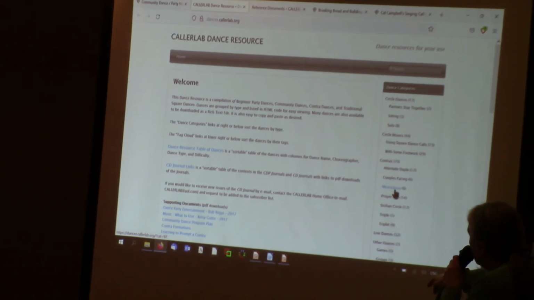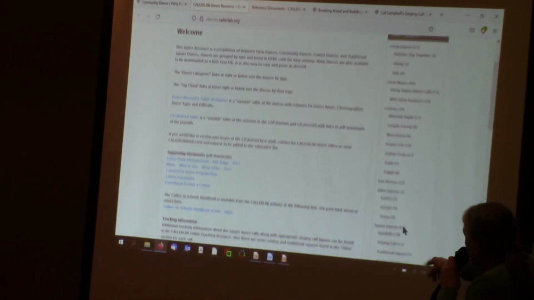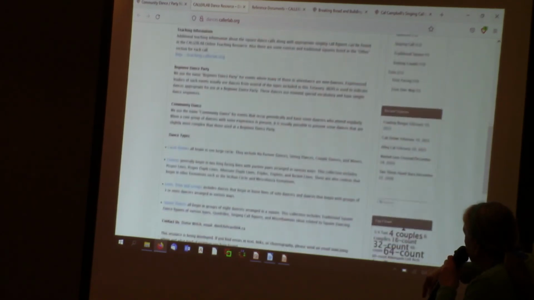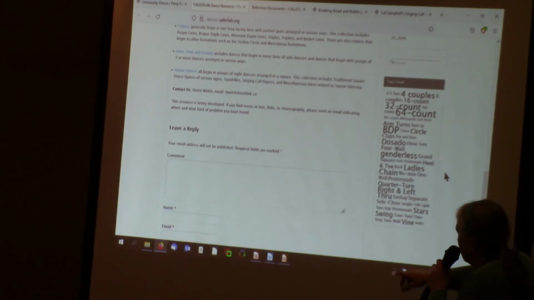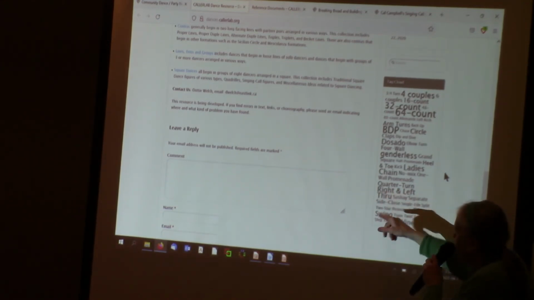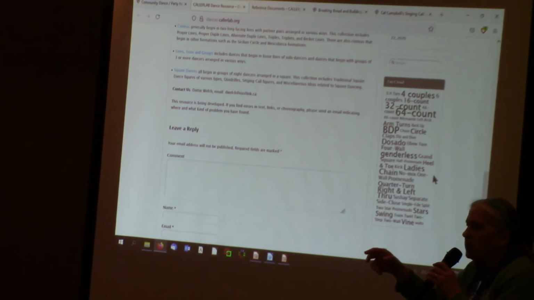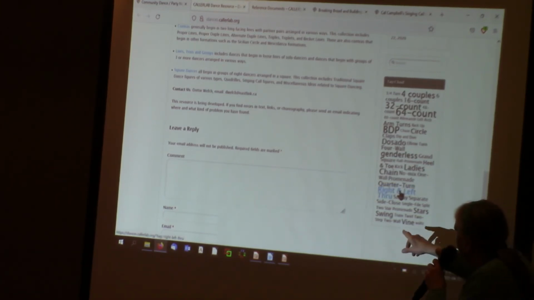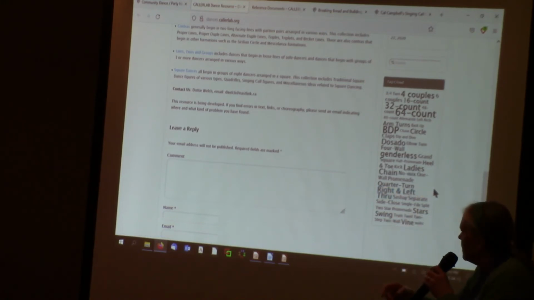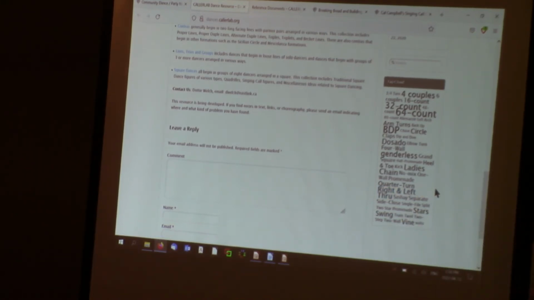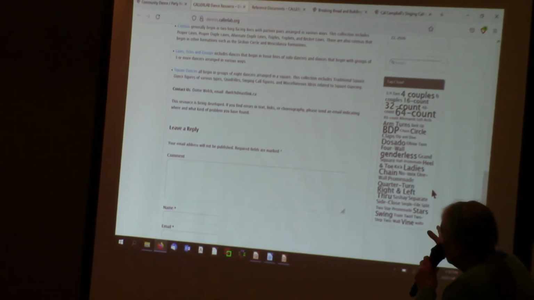And down below this list, there should be a tag box here somewhere. Yeah, and we saw it's a similar kind of tag thing. I'm not sure that Barry said this, but if you haven't figured this out, the fact that right and left through is in great big letters means there's a lot of references, and that 2-star promenade is in tiny print means there's less. Okay, so let's go back up again a minute.